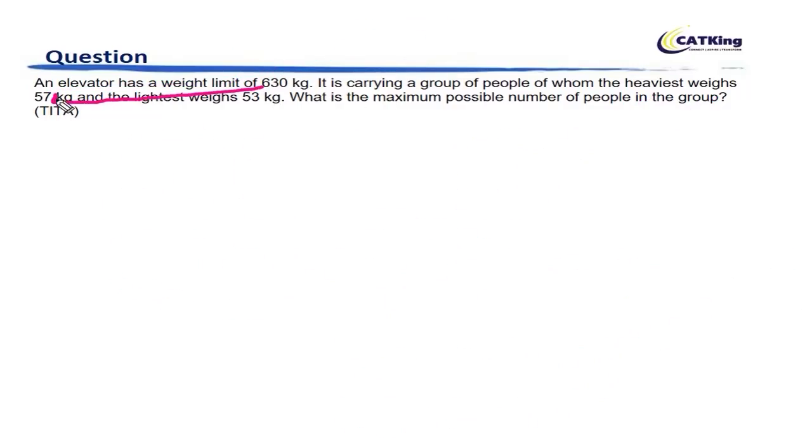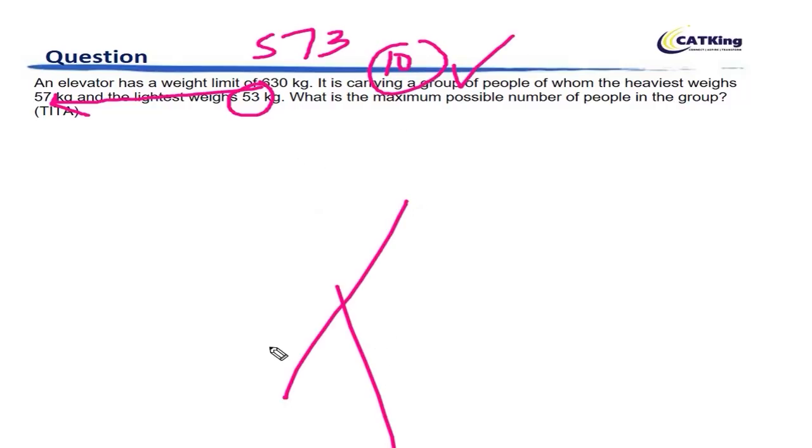Subtract 57 from 630. When you do that, you will realize that this 30 is gone, another 27 is gone, you reach 573. Now what is the quotient when you divide 573 with 53? It is only 10. So the answer is 10. Okay, you don't have to write those steps in the exam. The steps that I had written was for your comprehension.